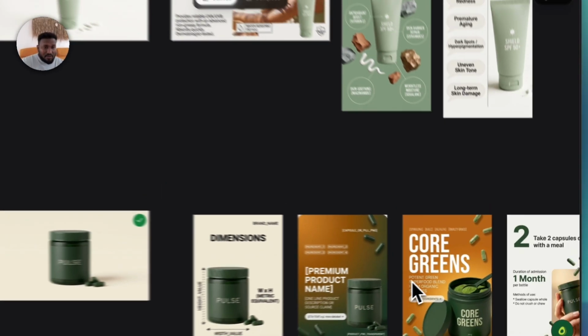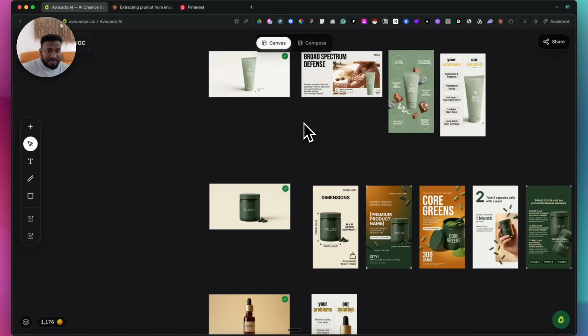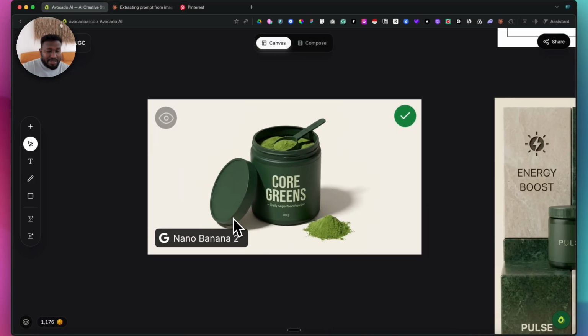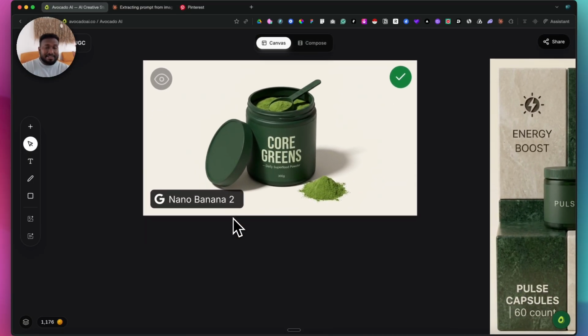So this is step one. You need to make sure all of the images that you want to create static ads for have the highest quality and clarity possible. And if possible, you can upload multiple angles of the same product so that the AI can understand your product and it will have more likelihood of keeping the design and the typography on the can, or whatever your product is,